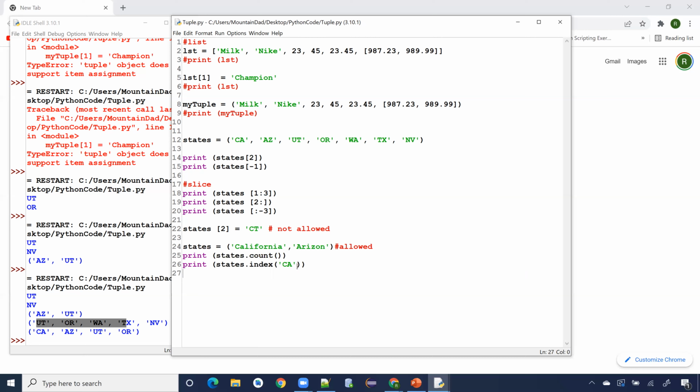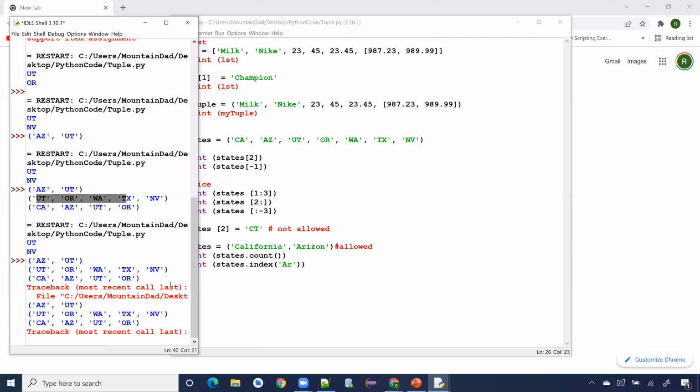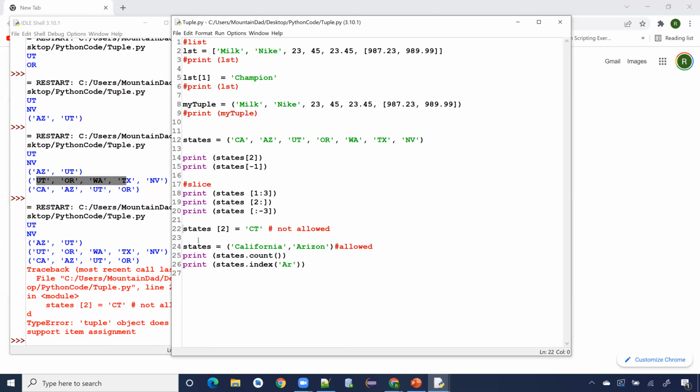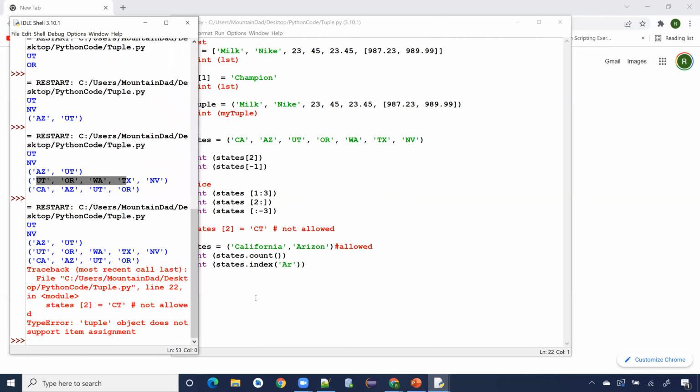Let's just put AZ here, AR here, right? AR. Maybe it will not find anything because AR is not a full. All right, of course it's giving me the error because that is not allowed, right? But everything else is pretty much allowed here. So